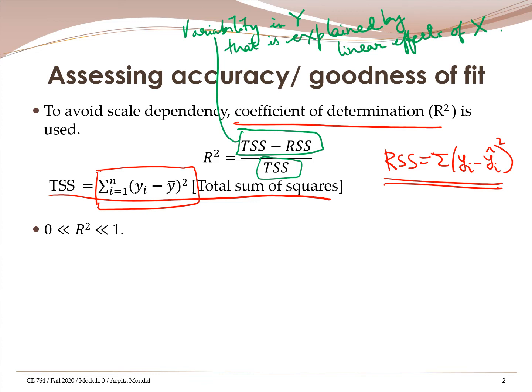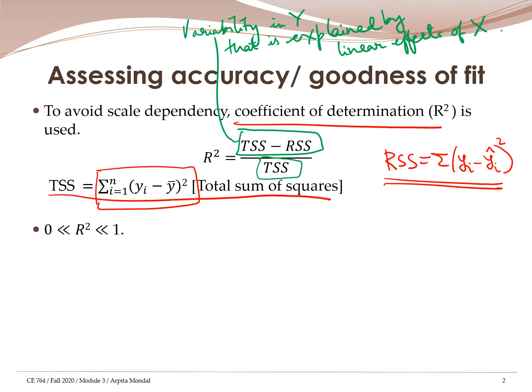When RSS is as large as the total variability in y itself, nothing can be explained by x. Then you will have an R square which is 0. And when all of the variability in y can be explained by linear effects of x, then R square would be 1. You have the best model. So R square represents the proportion of variability in y that can be explained by linear